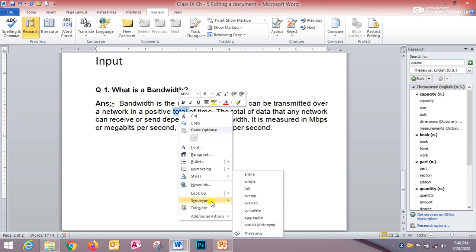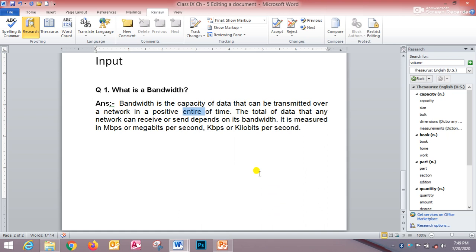From the context menu, a list of similar meanings will be displayed. Select any suitable synonym from the displayed list of your choice. Suppose I am selecting here the word entire. So in that way we can apply the synonyms of any word.